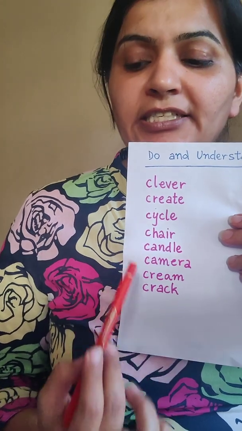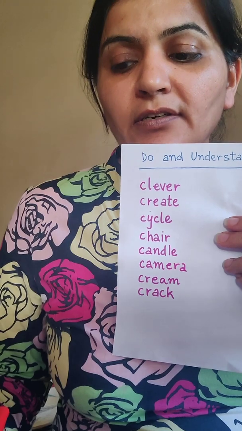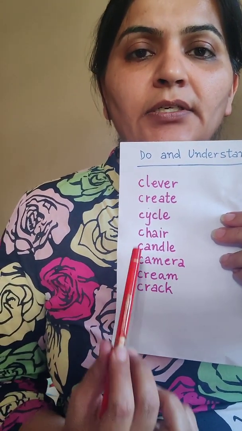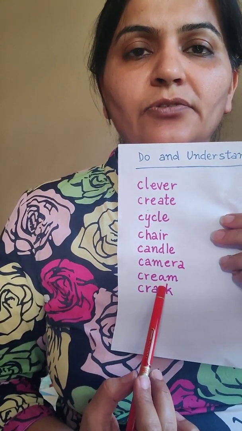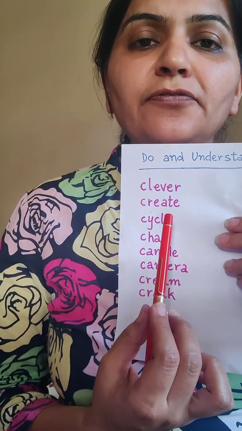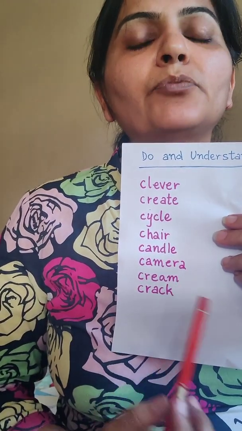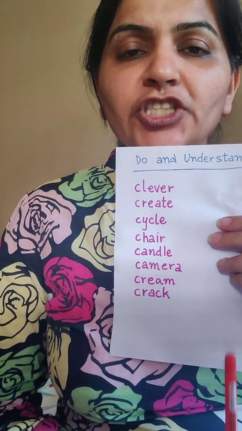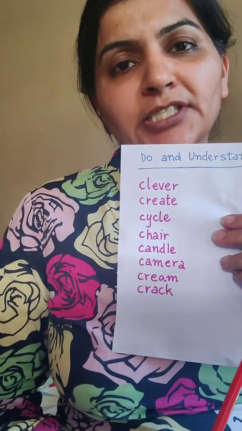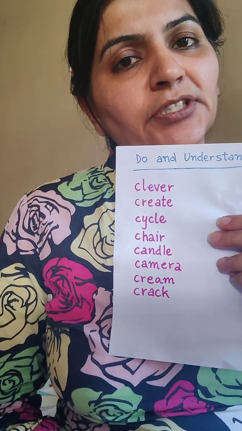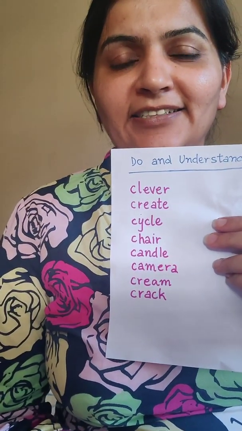Then let's see create and cream. Cream and create both have even the third and fourth letter same. See? CREA, CREA. Right? So now we are going to check the fifth letter. Create has T and cream has M. Which comes before, M or T? Which comes earlier in the alphabet? M. That is why cream 6th and create 7th, right? The only word left is cycle. 8th word is cycle.